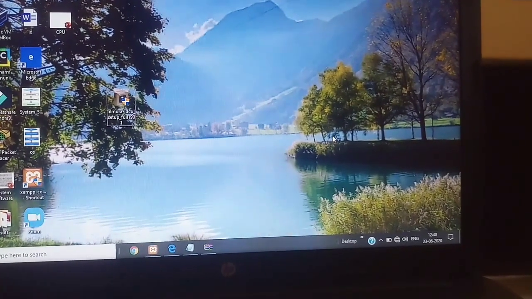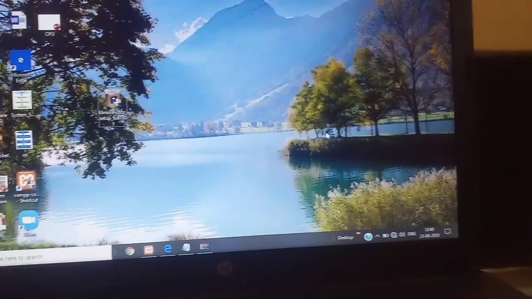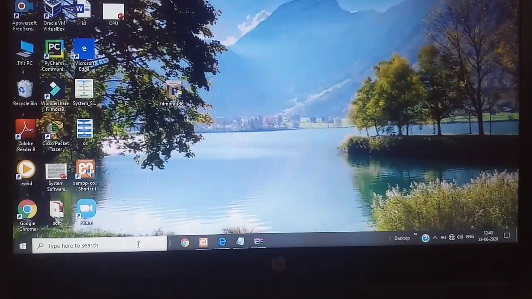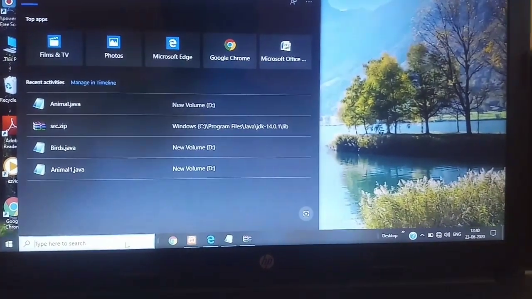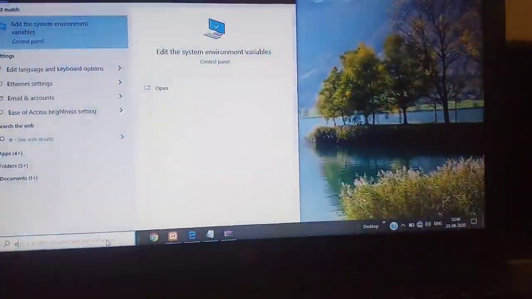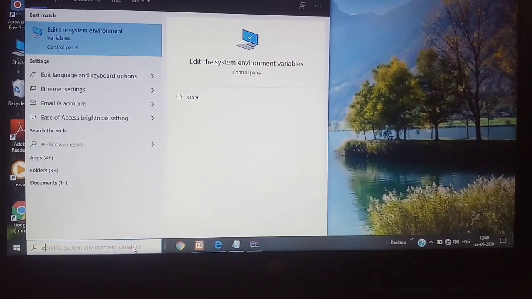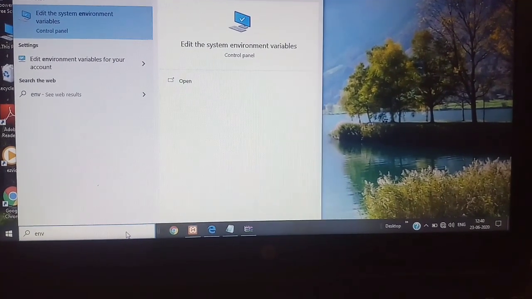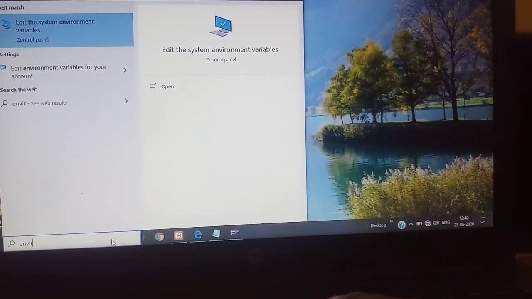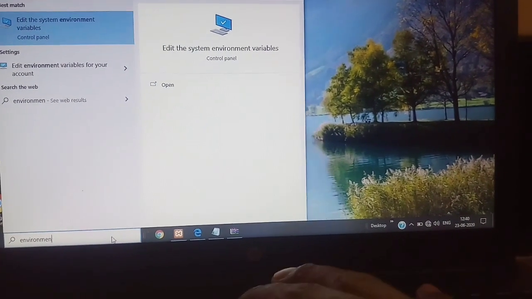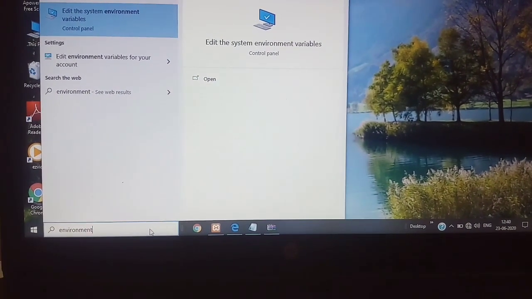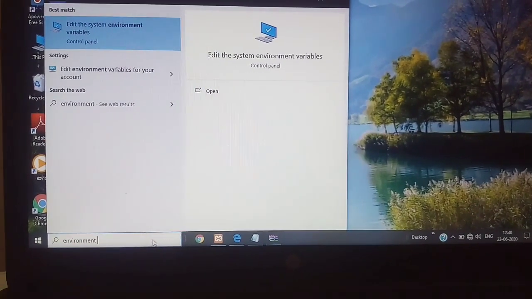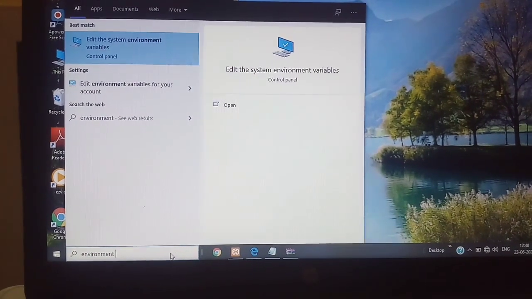So this is our screen, and in this screen we can see a Run box. Here we will type environment. Now there are two options.